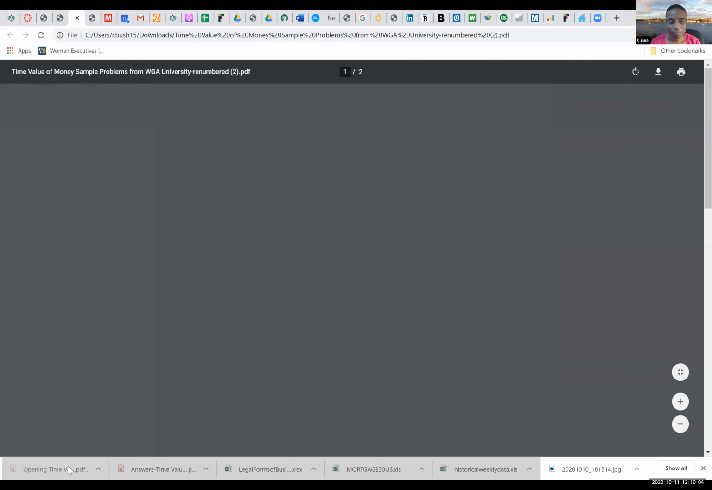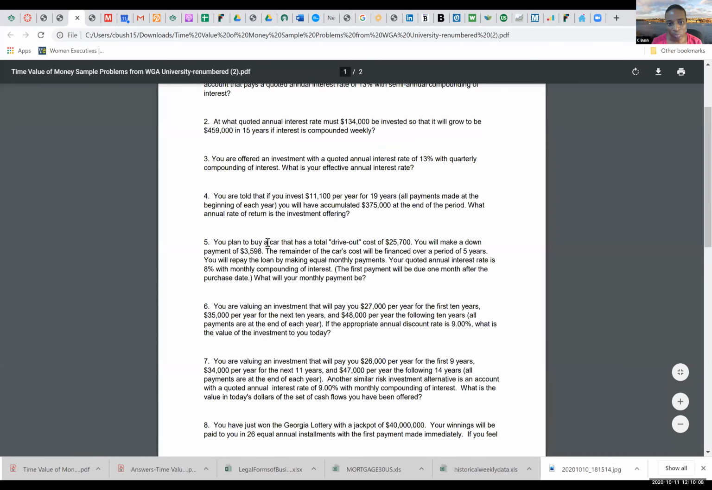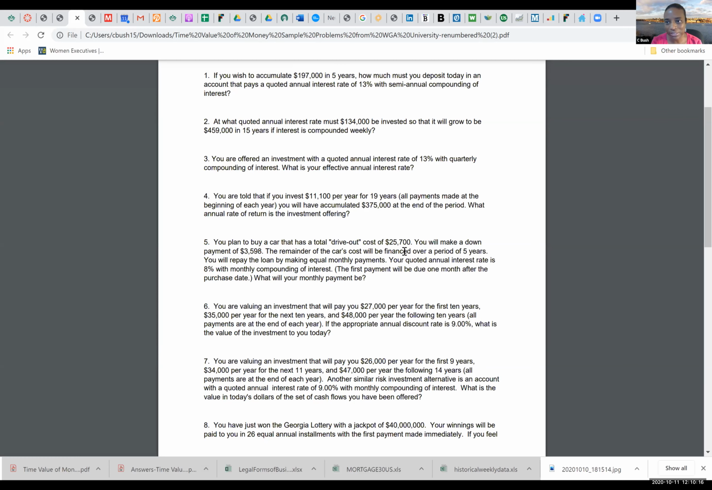Let me also pull this back up. I'm going to reshare because I do want to point out something here to make sure everybody's clear on that question she just raised. Because it's kind of weirdly phrased. You plan to buy a car that has a total drive-out cost of $25,700. That basically means that's the cost of the vehicle. So that's what you've gone to the dealership, you've negotiated with the dealer, and you guys have settled on